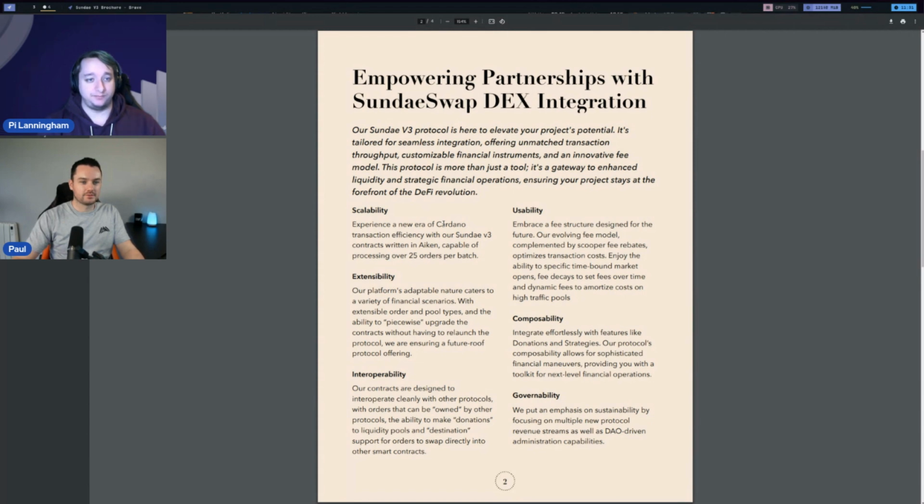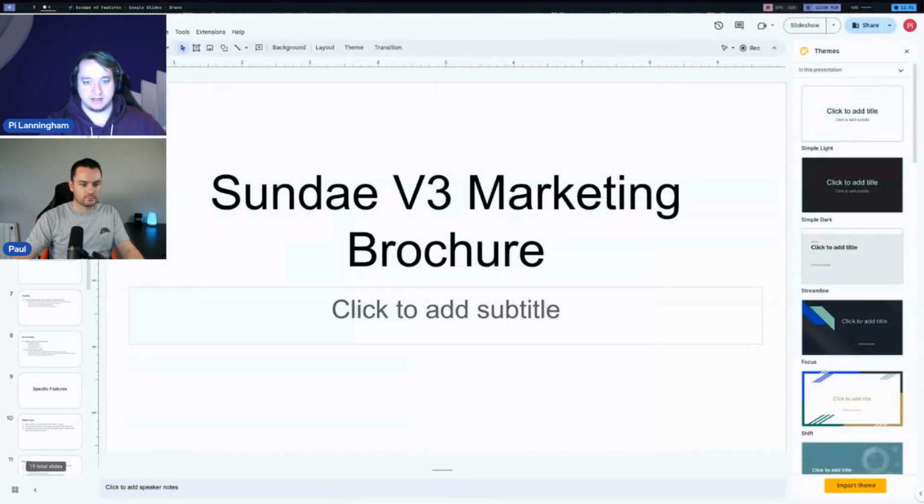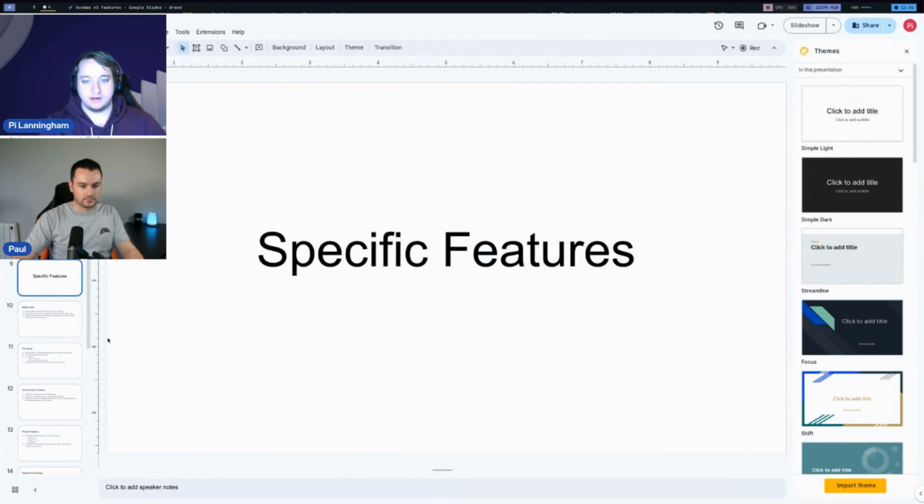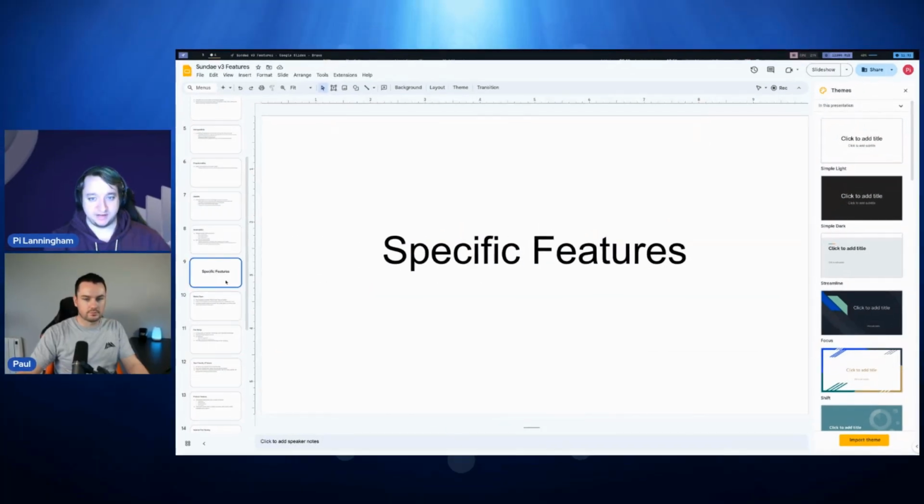Now, do you have any questions? Otherwise, we can move into specific features that achieve these themes. I suppose it's on to what are the features that users are going to see? What can they actually do? Yeah. So let me switch to this other slide deck we've got that outlines the specific features.